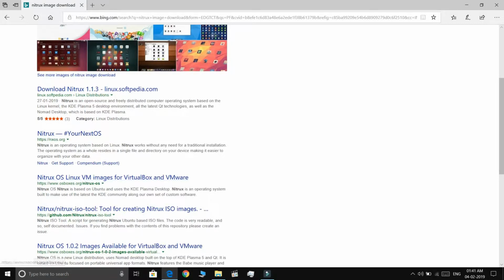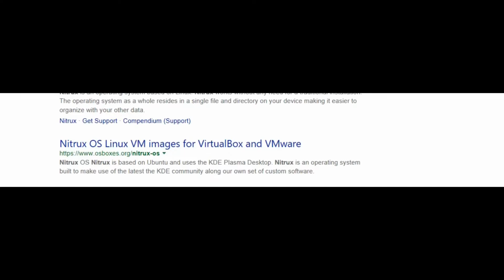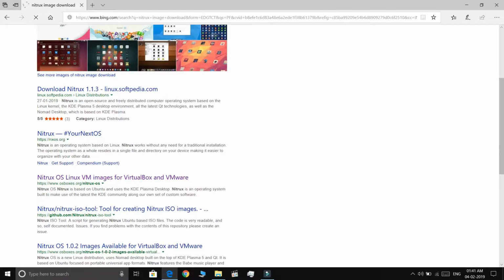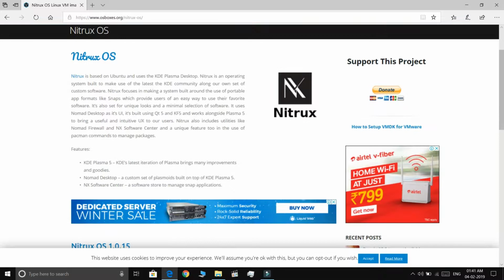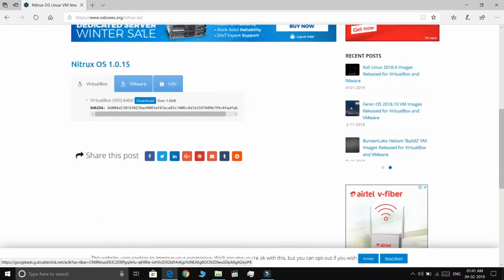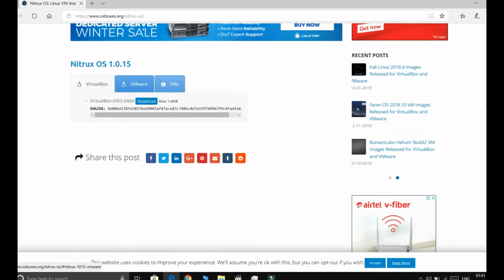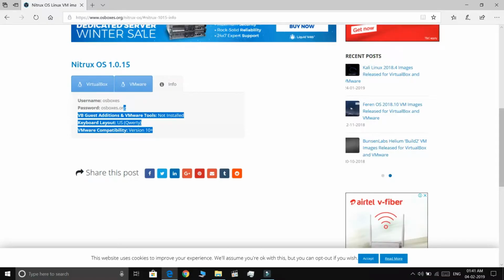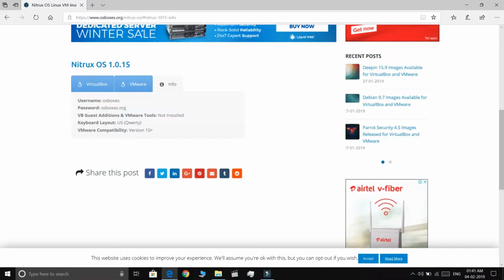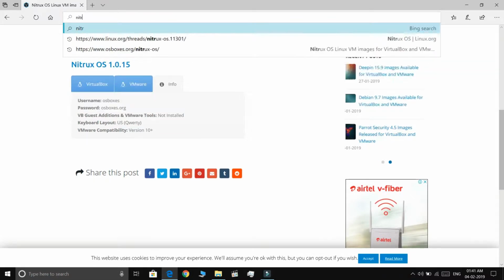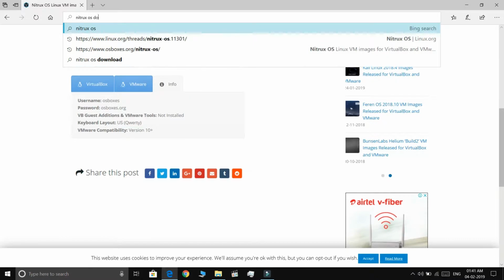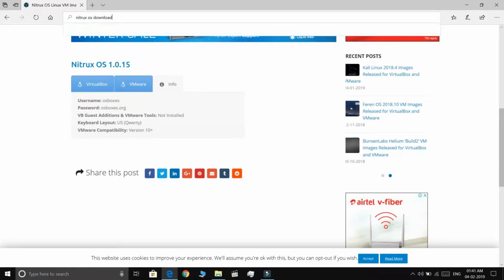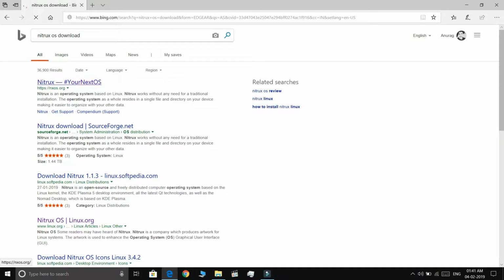and on this website you get it, Nitrux OS, and this is from osboxes.org. So after opening it, you get the image for VMware or your VirtualBox. You can download it with a size of approximately 1.6 GB. So after downloading it, if you want the ISO of Nitrux OS, just go to this website,